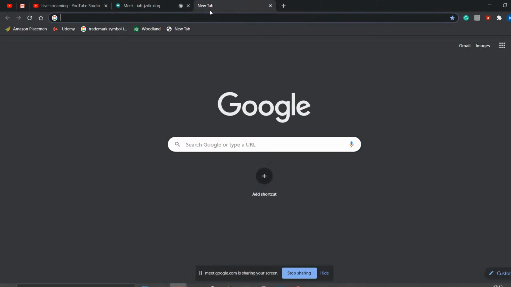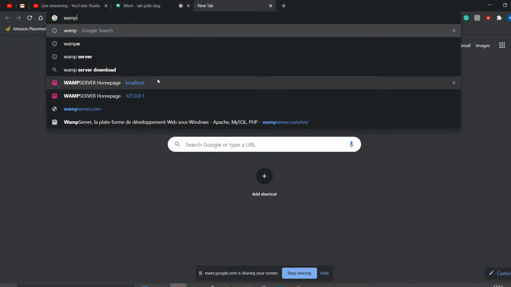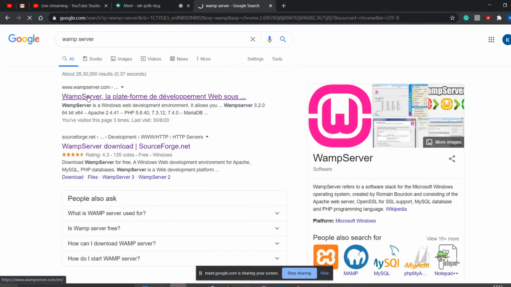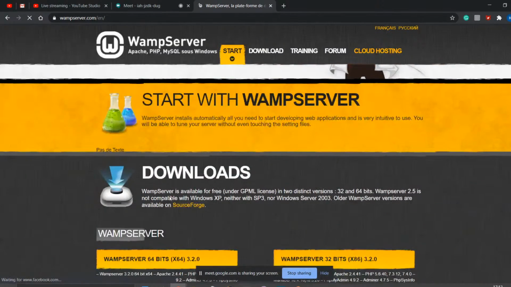Okay, and we'll also be moving on to the server. I will be showing you the backend process later by using a PHP server. So let me use a WAMP server, because due to some technical issue I don't have XAMPP.